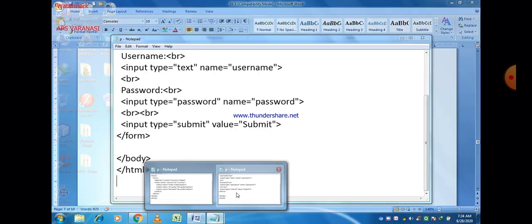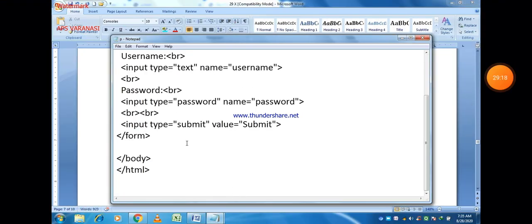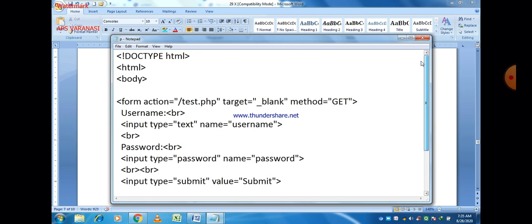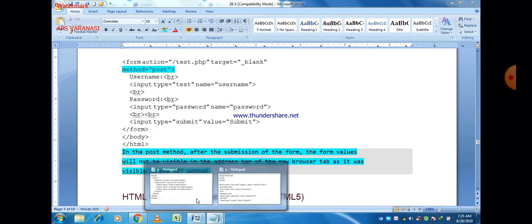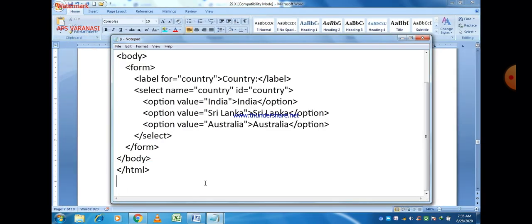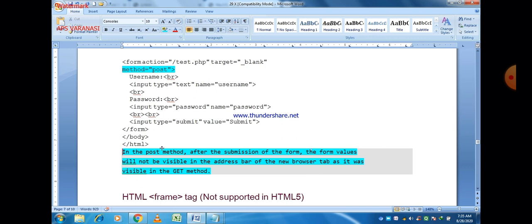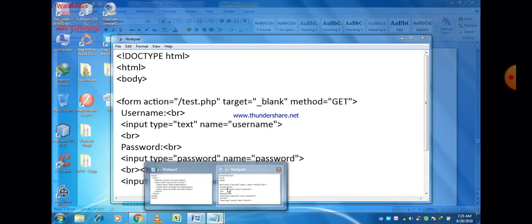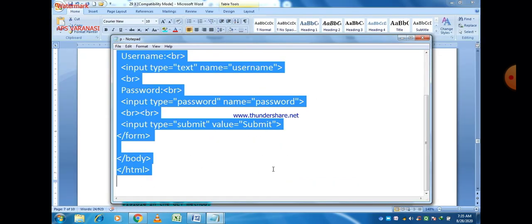Before ending this lecture, let us execute this program and see what happens when we write method is equal to post. Just execute this program here and see the difference between get and post.